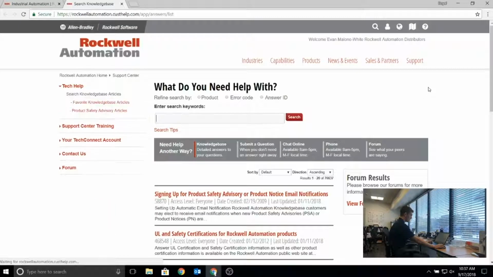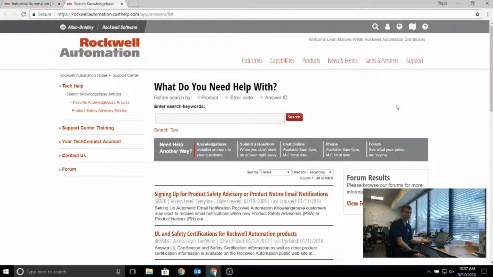Here, you'll either be asked to sign in or you'll be redirected to a login page. At the login page, use your already created Rockwell Automation account or create a new account, whatever you need to do to get access. At this time, when we get to this page, to find our downloads, we're going to